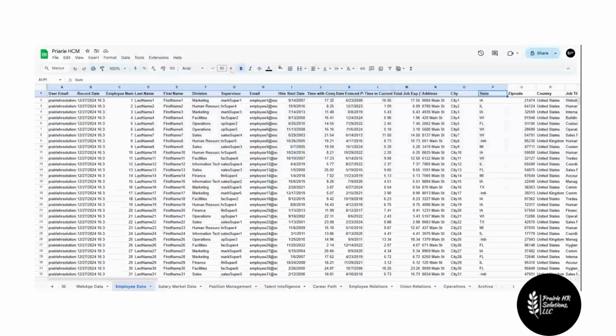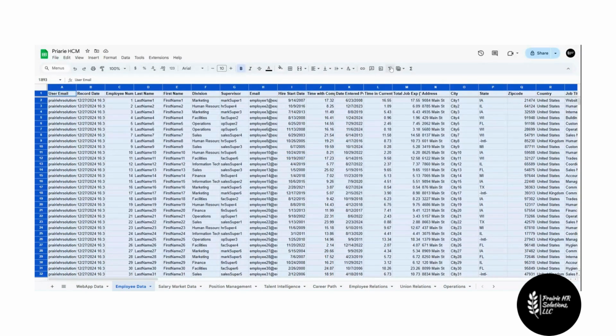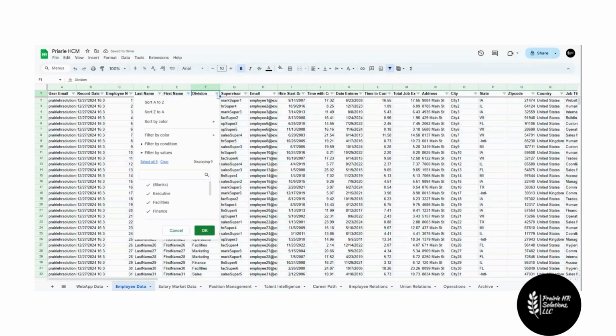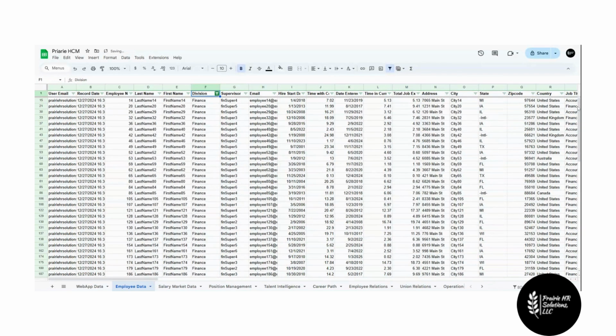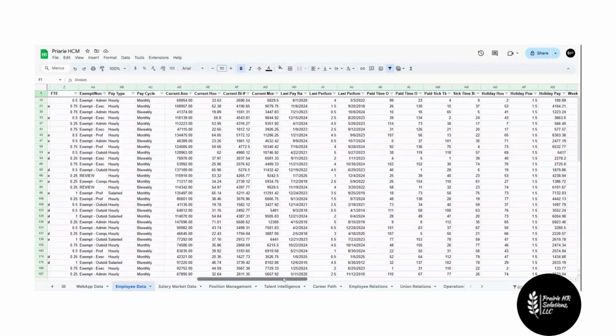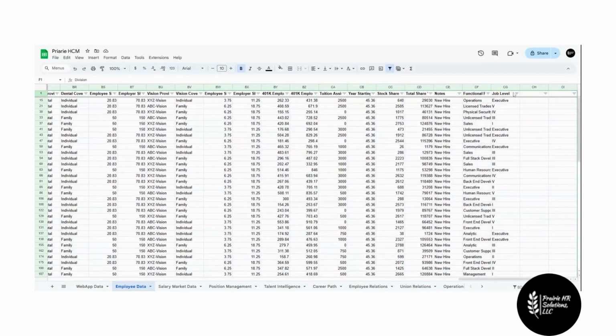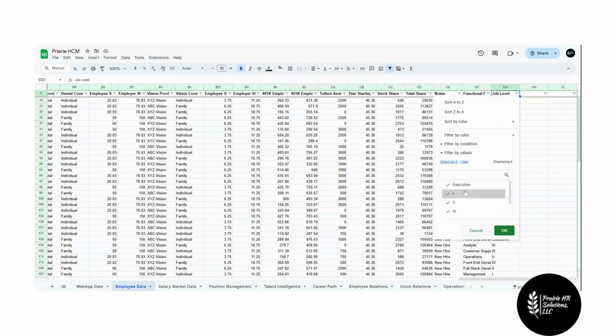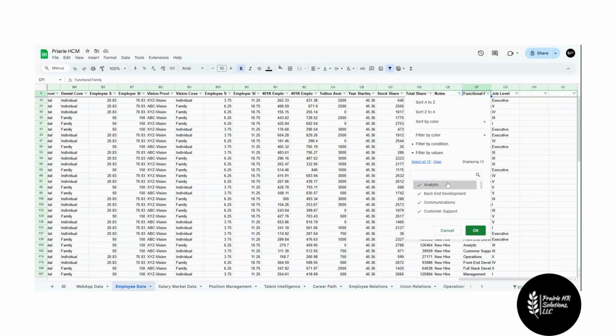So let's actually come over here and verify that what we have is correct. So let's come over here to division. Let's create a filter here first. Because when you do this, you want to make sure that everything that you actually have here is accurate. And then we have our job level. So we have, looks like all of our job level. Okay. And our functional family, we have